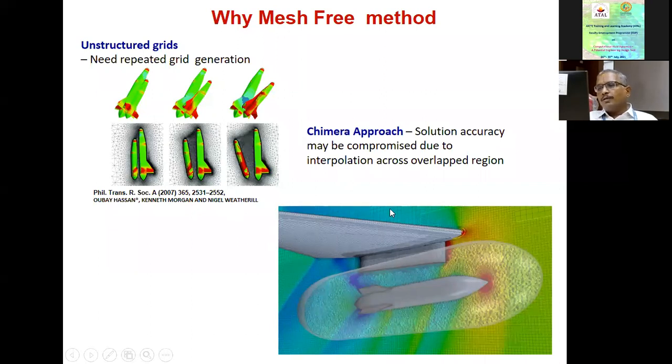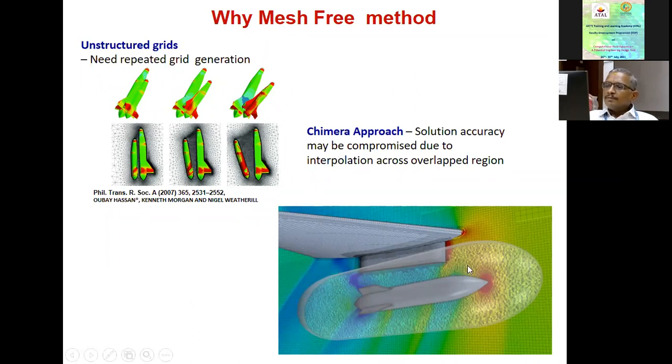That is, you would have one grid around the main parent aircraft and one grid around the body which is separating out. As the body moves, the grid which is attached to this smaller moving body will move along with it. So there will be an overlap of this one grid with the main parent grid. At every time instant, they would keep track of the overlap region of these two grids and solve the governing equations over this set of overlap grids. This was called the chimera approach.